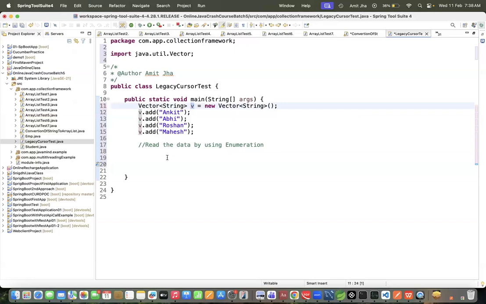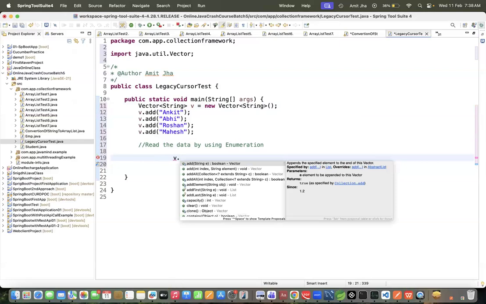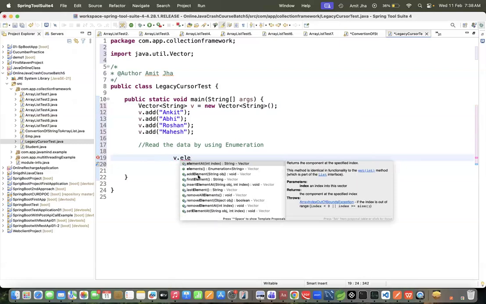You can write v.elements. It will give the Enumeration of the Vector.